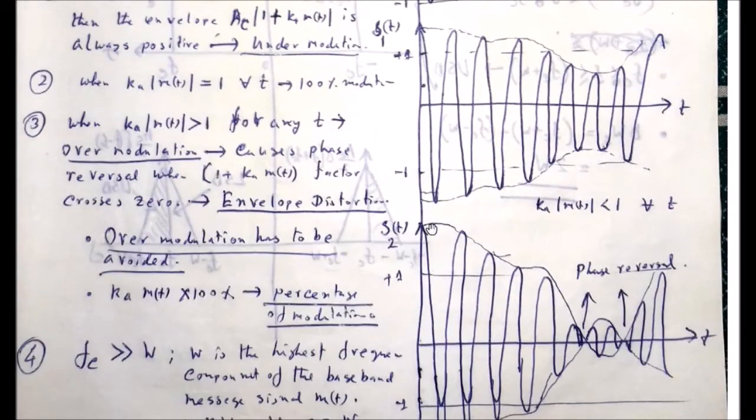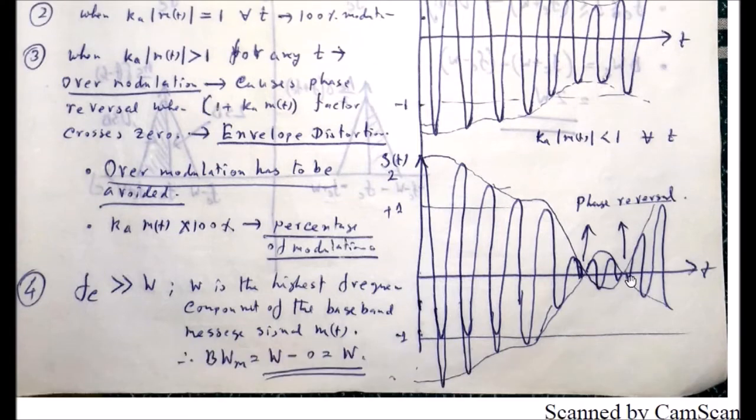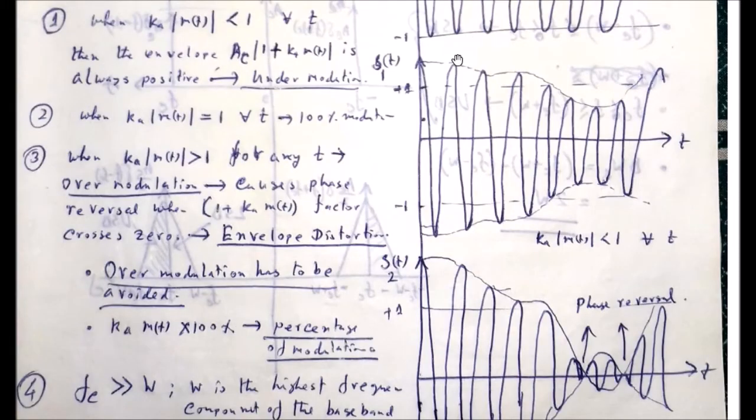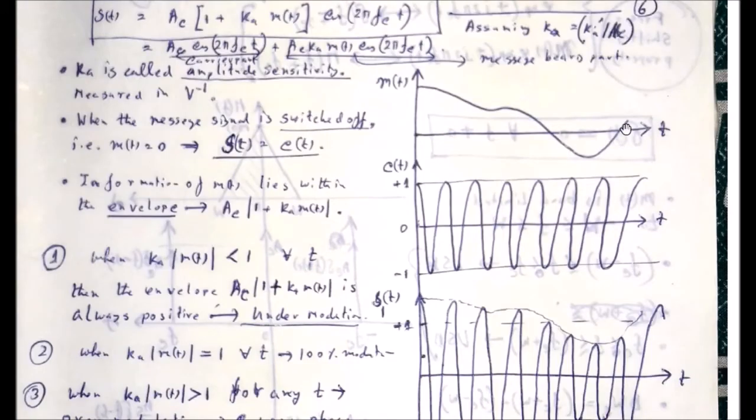Okay, like this. See that the envelope is now deep and it is crossing the time axis. That's why at this point and this point phase reversal has occurred, and the negative envelope also is going to the first quadrant from the fourth quadrant, and at the same points phase reversals have occurred. Generally, in detection of amplitude modulation, we are interested in detecting the envelope, either the positive envelope or the negative envelope. Okay, the envelope is carrying the message signal because the envelope is similar to the message signal.